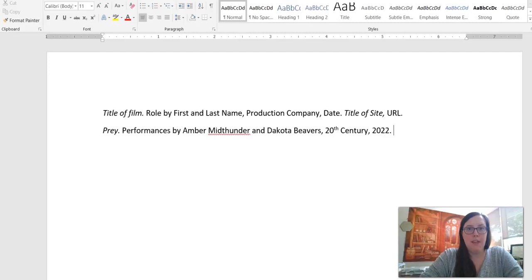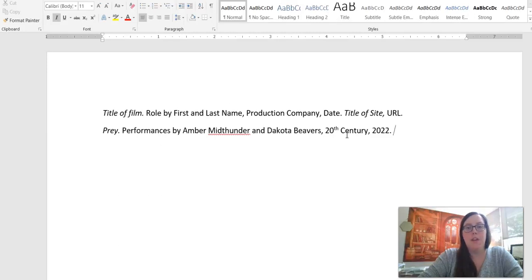What I've also included in this citation, because there are two options for citing a film, you can have just the film itself and you would end your citation here. This is assuming that you purchased a copy or possibly went to the movie theater and watched it. However, many of us watch our movies through streaming services, and so I wanted to add that as something else that you would need to include in your citation. And again, you can see this in the reference guide that we're using in class.